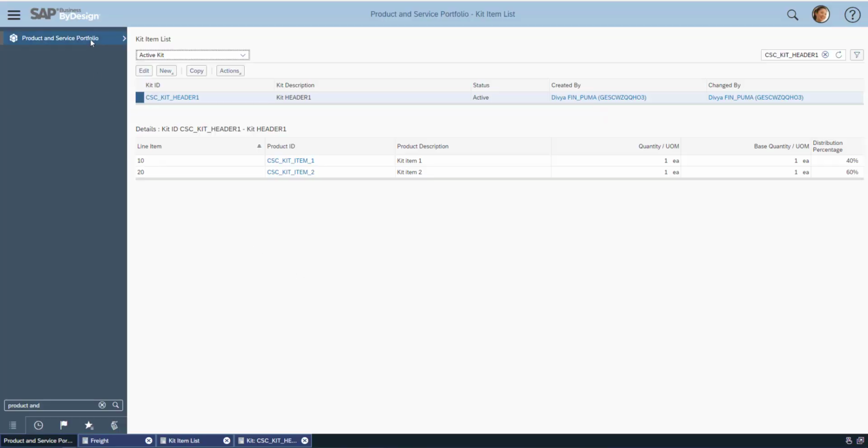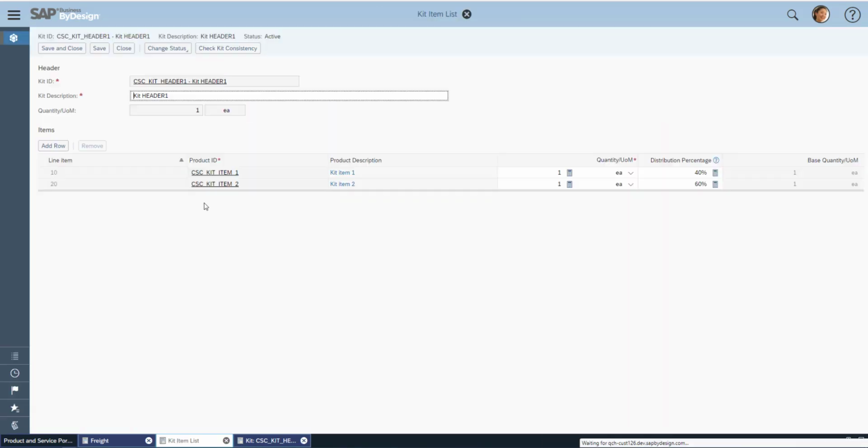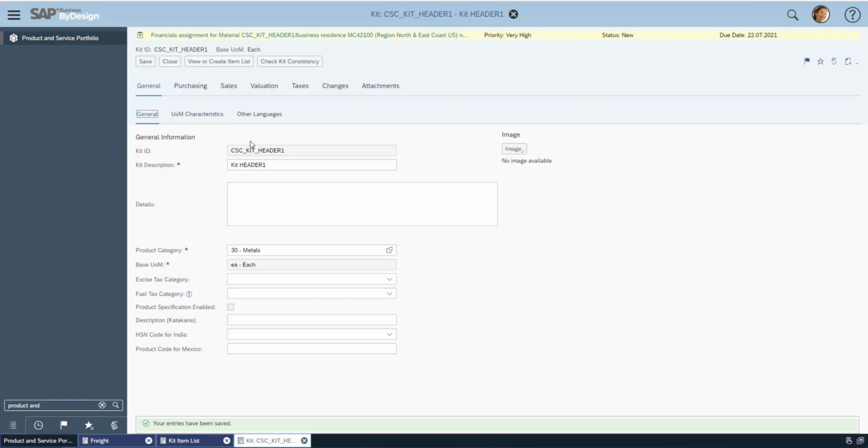Welcome to the presentation of enabling kit header products with gross weight based freight calculations in sales orders. First of all, in the kit master data, we have enabled and enhanced the kit header to maintain UoM characteristics,